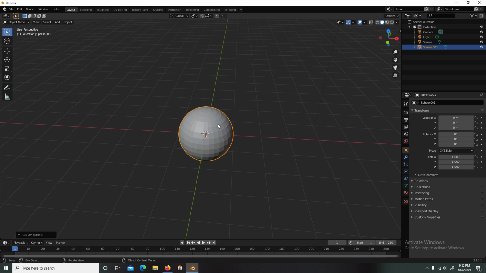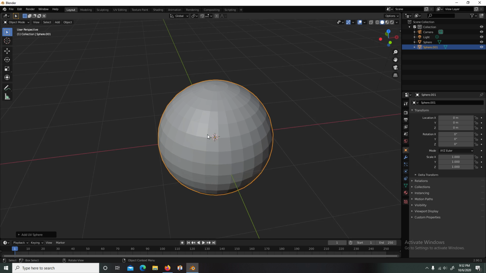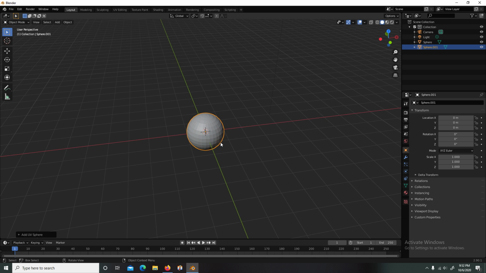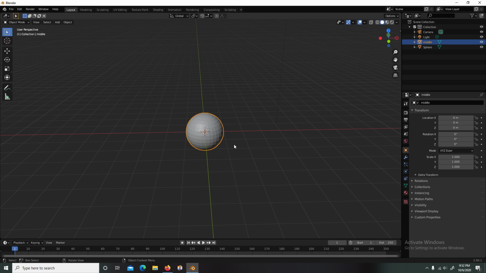And then we want to go to Add, Mesh, UV Sphere, and this little cursor is our origin. So not our origin, but the place where all of our new meshes spawn and get created. So as you can see, we have Sphere and Sphere.001. I'm just going to change this by double clicking it to Middle, because it is going to be the middle of our snowman. And then to